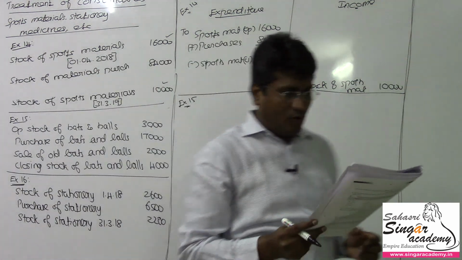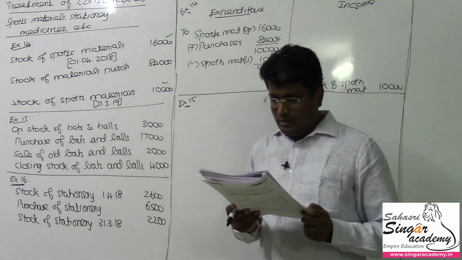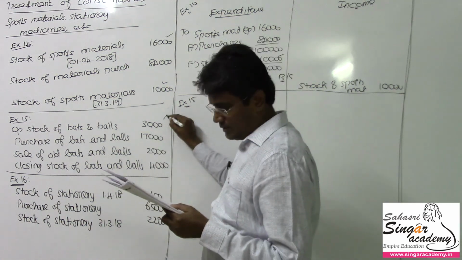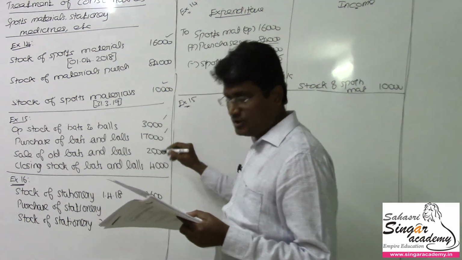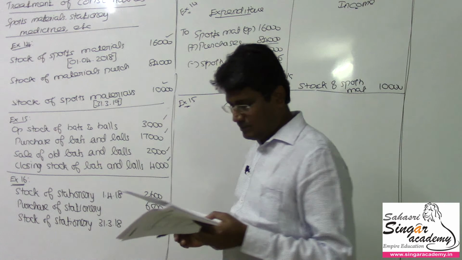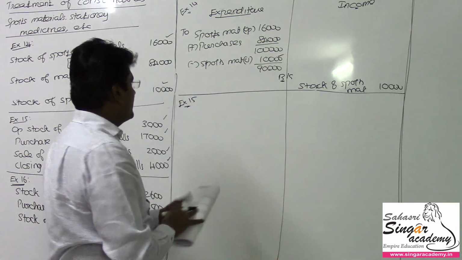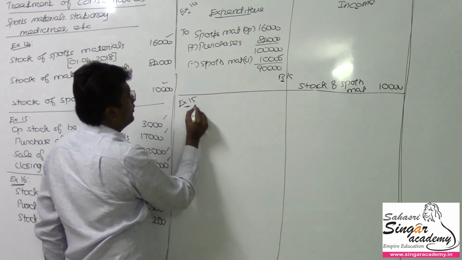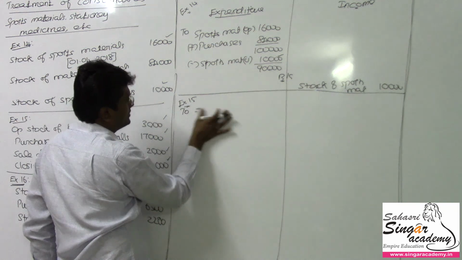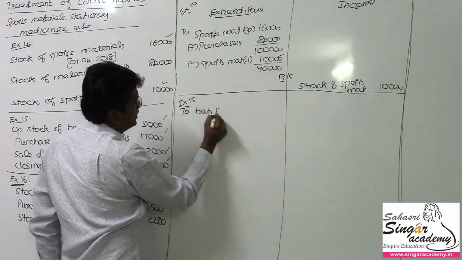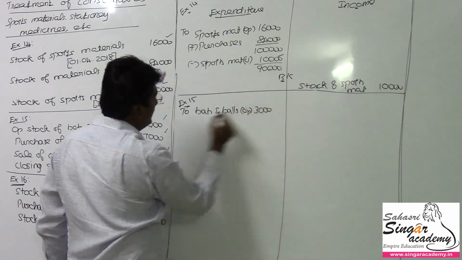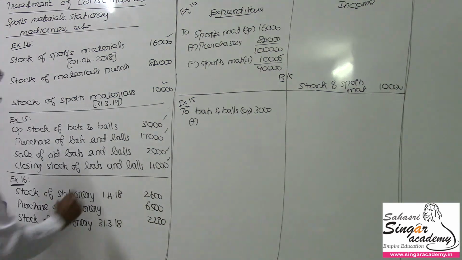Exercise number 15 எல்லாமே similar தானே. 15 வரும்போது how will the following appear in the final accounts of Vedaranyam Sports Club? Opening stock of bats and balls 3,000, purchase of bats and balls 17,000 during the year, sale of old bats and balls 2,000, closing stock of bats and balls 4,000. The same format, right? So நான் திரும்ப டைட்டில் போடல. To opening bats and balls, the value being 3,000. Add purchases during the period,